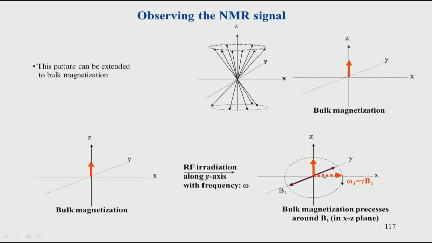So, it has flipped by 90 degrees. When it comes by 180 degrees, we say it is flipped by 180. Similarly, when it comes by 270, we say it has 270, and then finally it goes up. This is how the B1 field is applied, another small magnetic field. Remember, this is in the value of kilohertz, and the external magnetic field we saw is in the value of megahertz. So, it is more than 1000 times smaller compared to the main magnetic field.